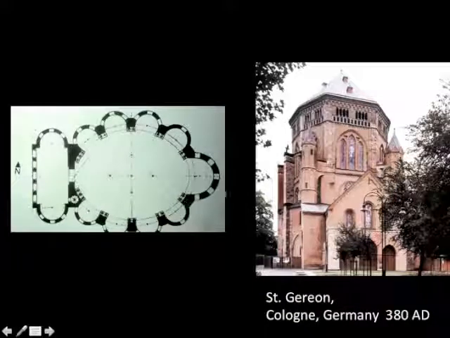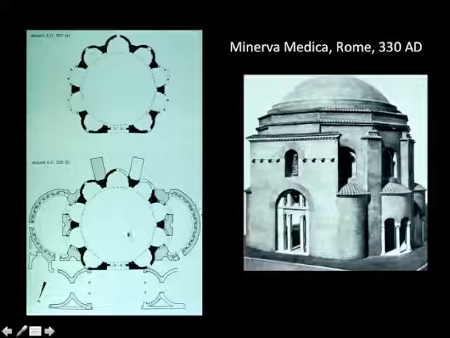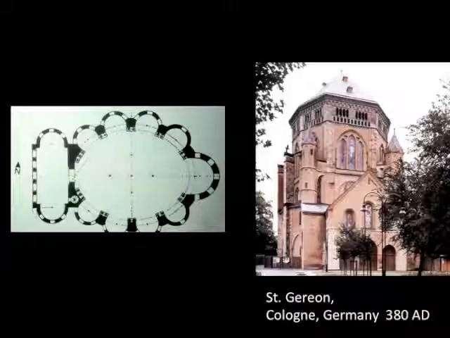Notice that this terminal lobe in the plan becomes larger, becomes a place to put the altar. And also processions are possible. So the dopey center that we have over here, which is actually a beautiful church, in Minerva Medica, now becomes something typologically much more capable of accommodating the sorts of services that the new Christian church would have.